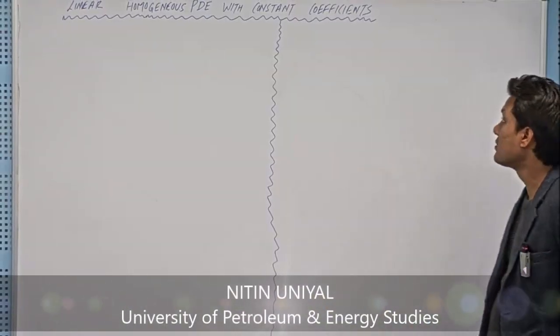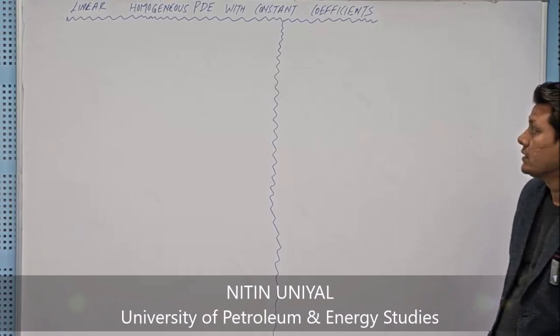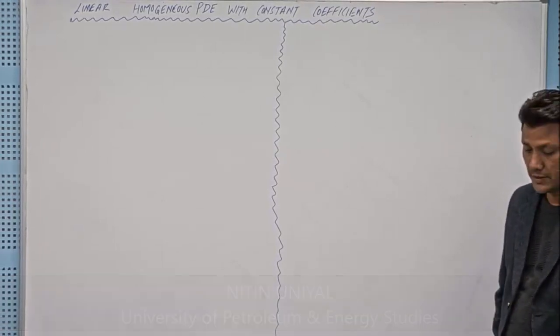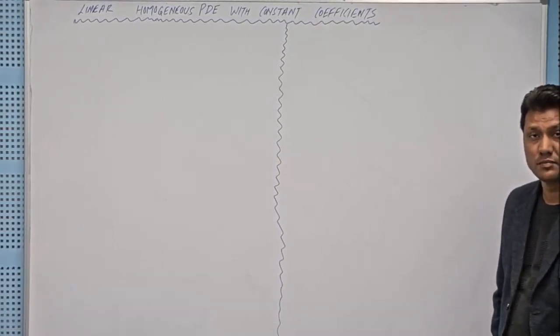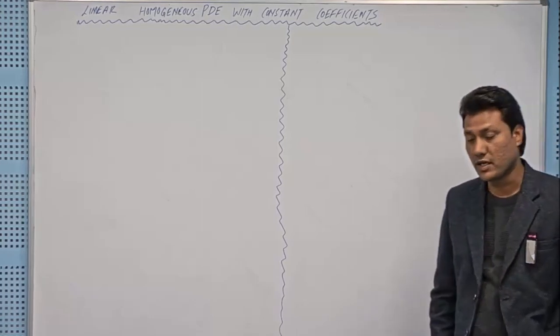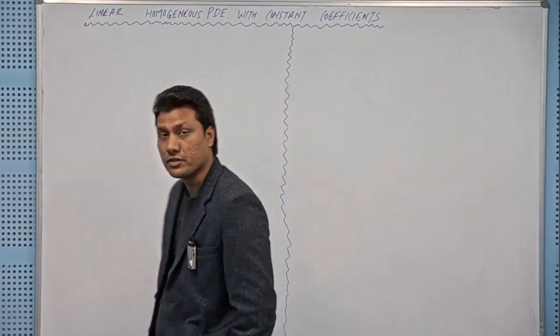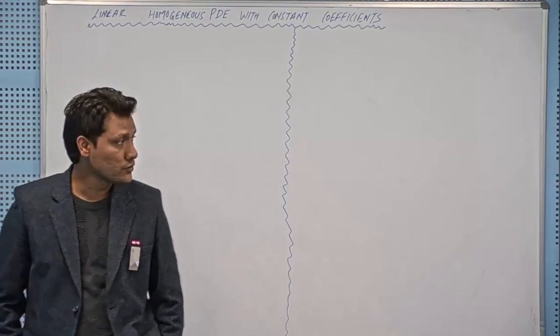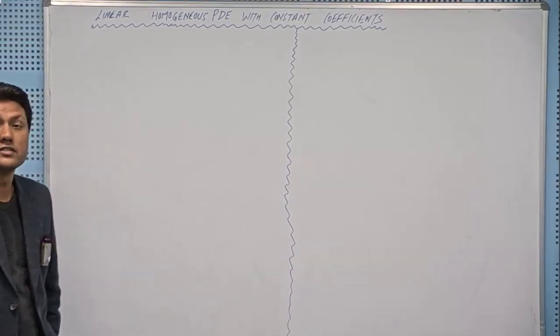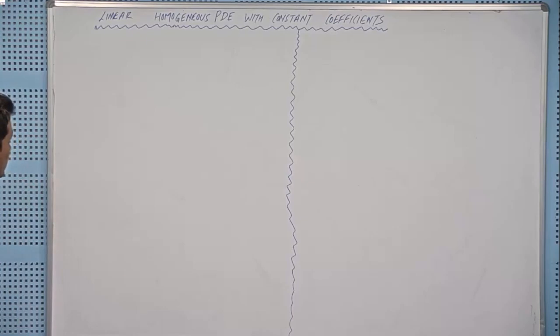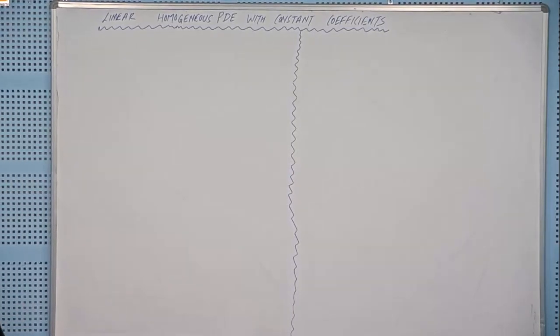Today our topic will be linear homogeneous PDE with constant coefficients. In the last video we discussed the Lagrange's form, that is Pp plus Qq equal to R, and the solution was given by Lagrange's subsidiary equations. In this video too we will be using those Lagrange's subsidiary equations, and as the topic suggests,